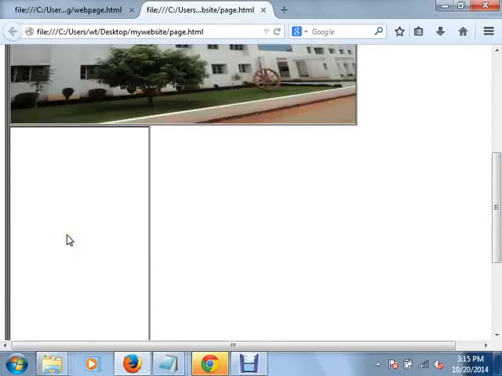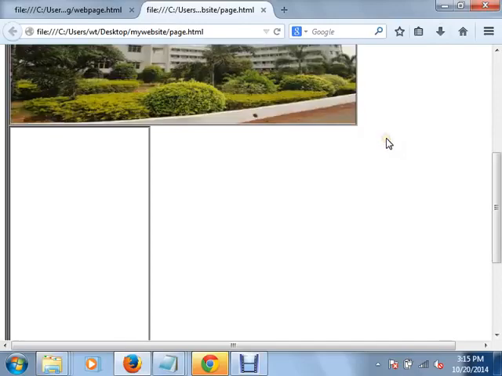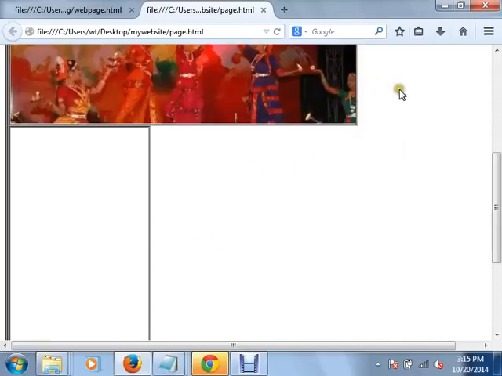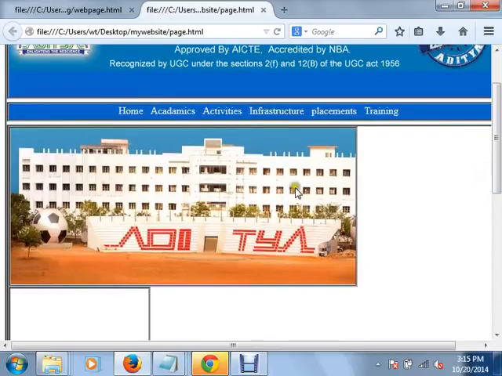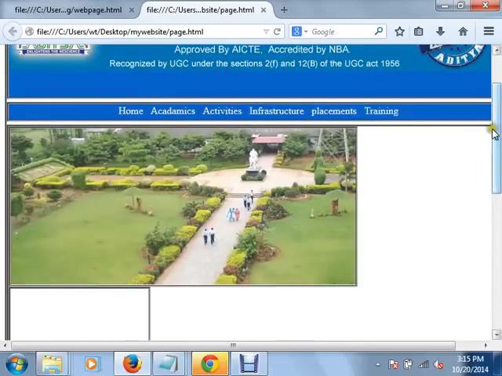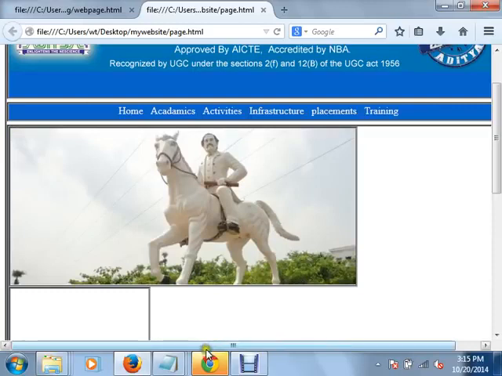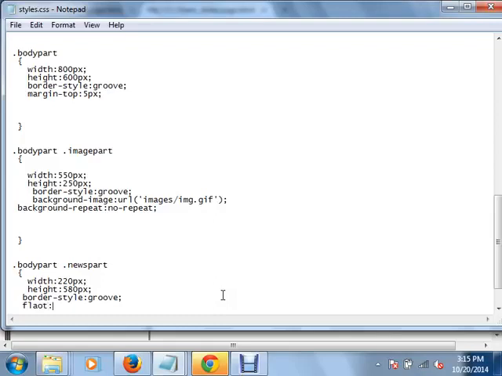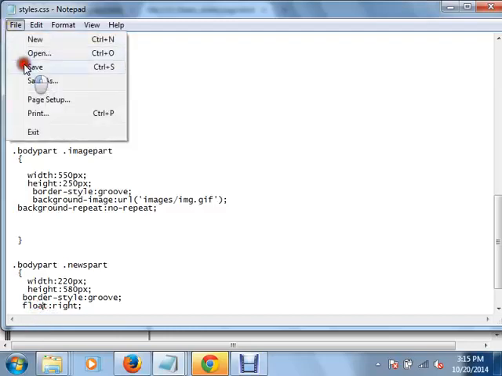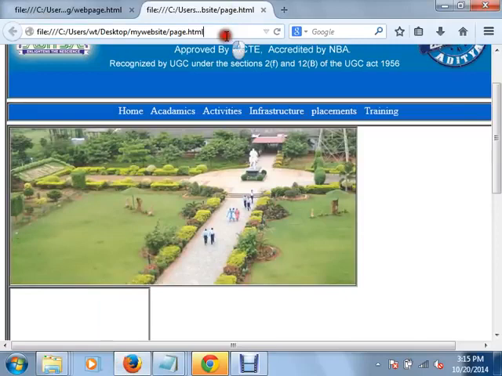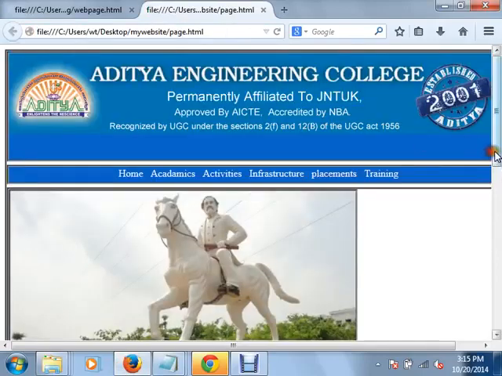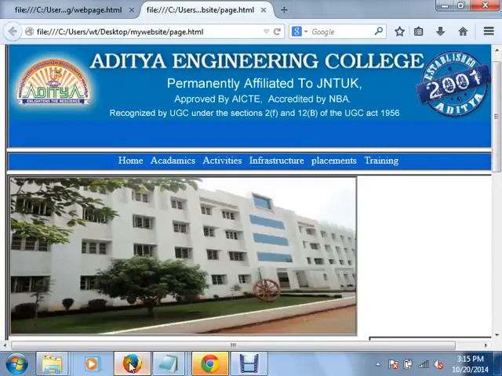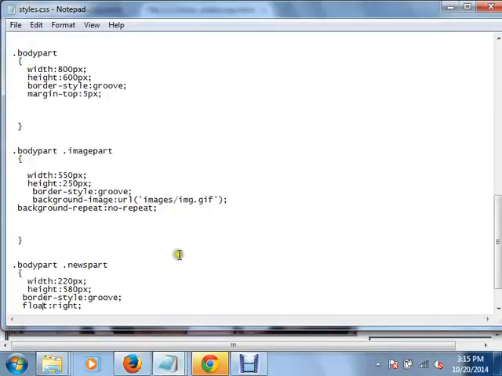The division is created here, but it is not displaying at the right side. So to make it right side, we have to use float. If you use float left for this image, then this part will be displayed exactly here. If it is not displaying, then we have another property called display.